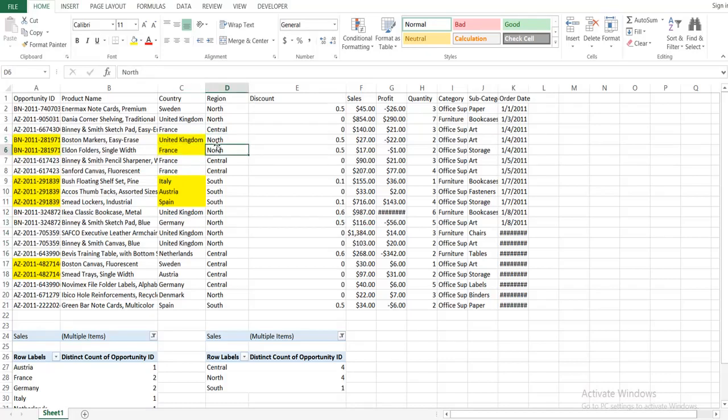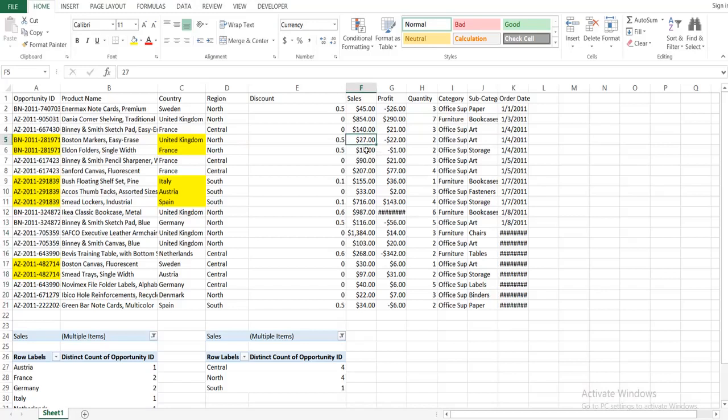For north, the same opportunity ID has different country names. It works fine when you use the count function at country level. But at region level, for north, if you see 17 and 27, based on the condition of $35, it will show a false value here.